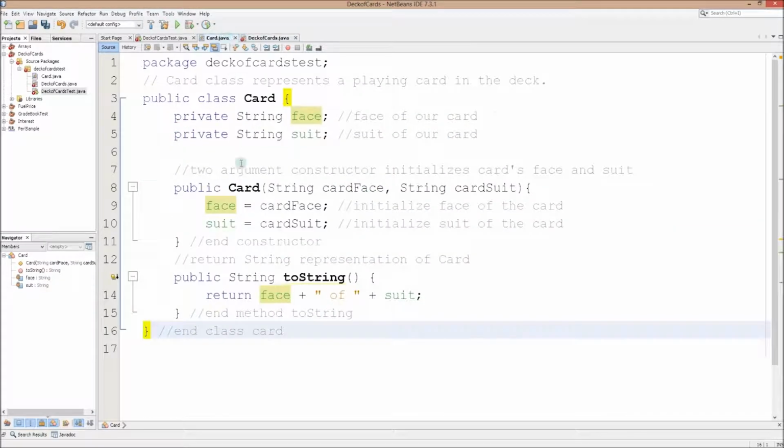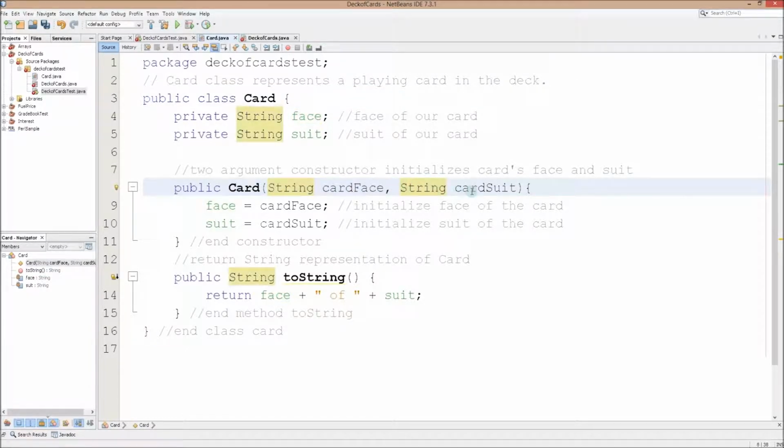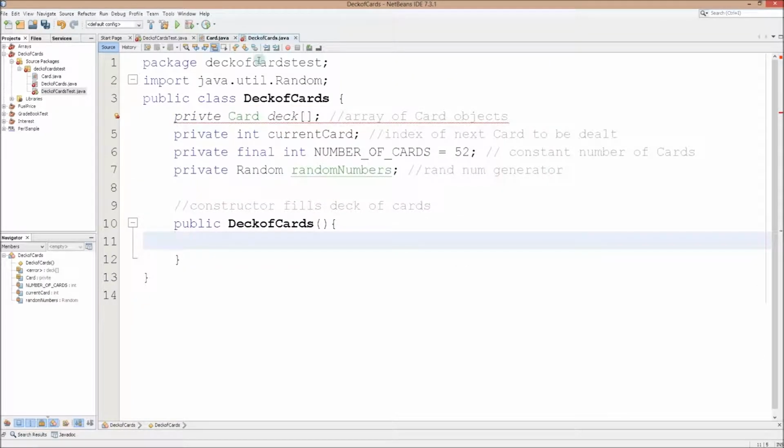In Card.java, we created public class Card, and then here we have public Card. We had the parentheses, and we actually filled it with String cardFace and String cardSuit, where down here we set face equal to cardFace and suit equal to cardSuit. Here in DeckOfCards, we're doing public DeckOfCards, but we're not doing anything like that because we're doing String faces